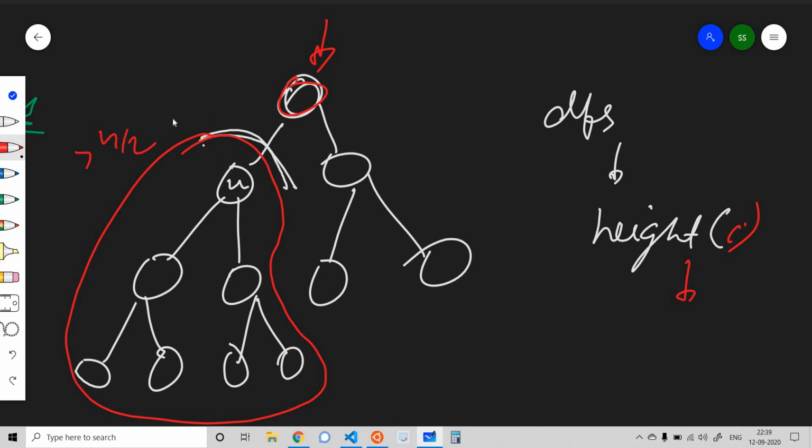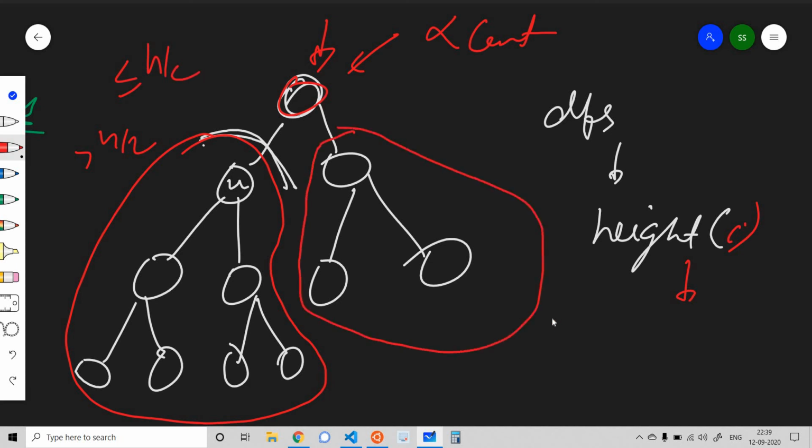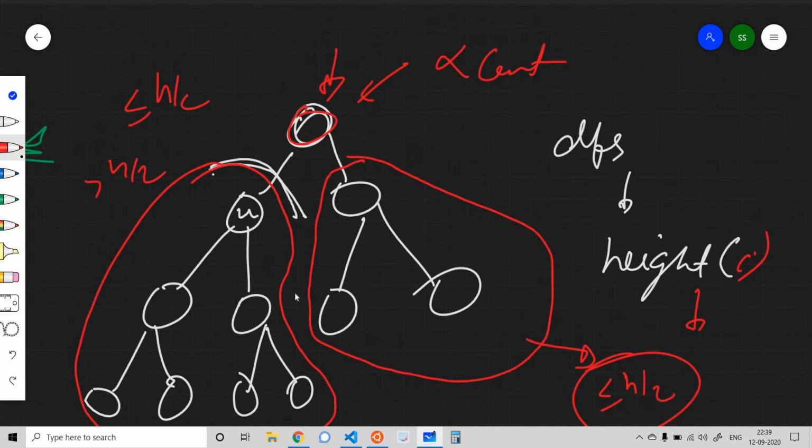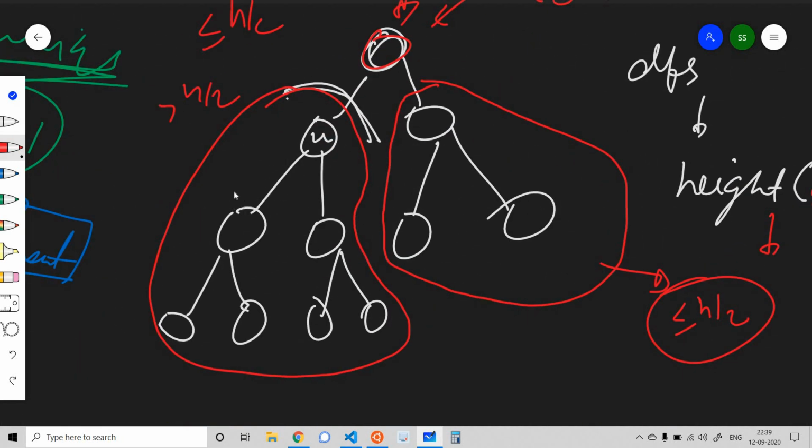If it is having more than n by 2 number of nodes, I am sure that this cannot be my centroid. And if this is having lesser than or equal to n by 2 nodes, then I check the subtree rooted at some other child. Then I check for this subtree. I check whether this is having lesser than or equal to n by 2 nodes or not. So I check all the children subtrees, and also I need to check